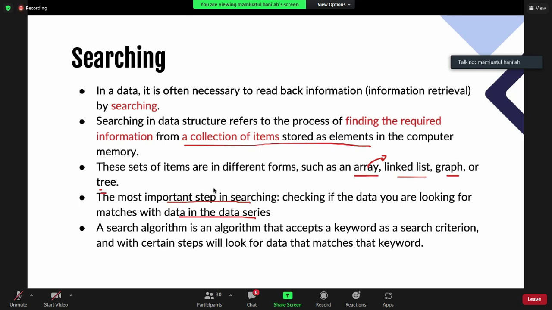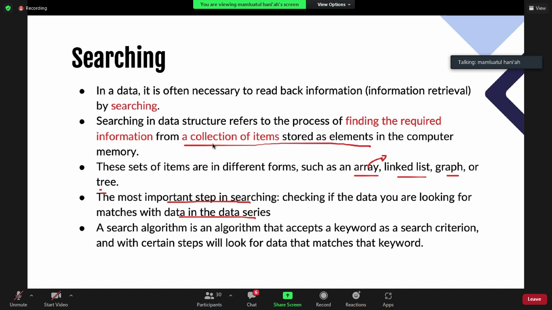So in the searching process, a search algorithm is an algorithm that accepts a keyword. So you need a keyword in here. The keyword is the data that you are looking for.